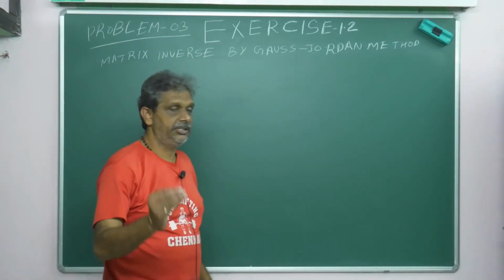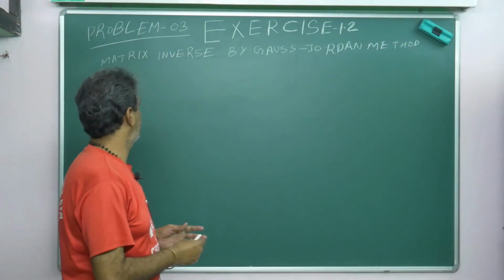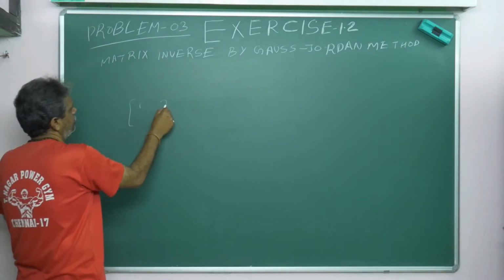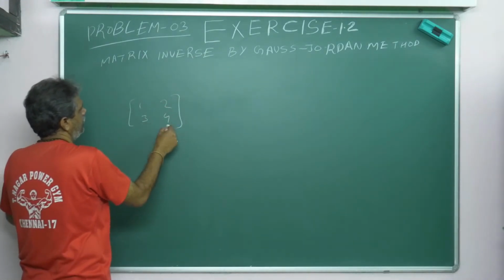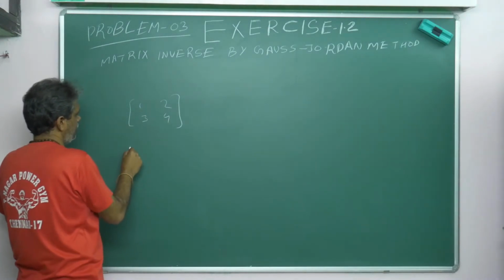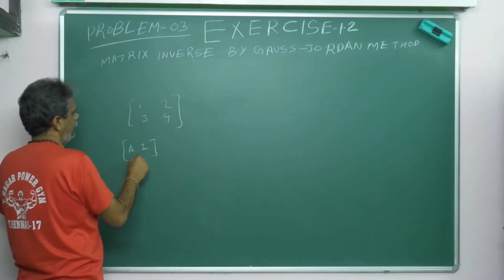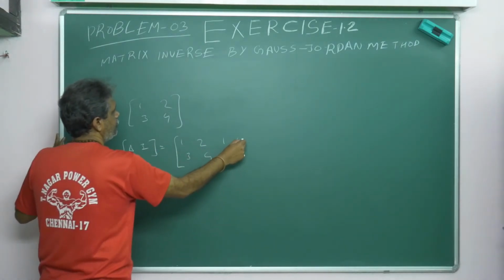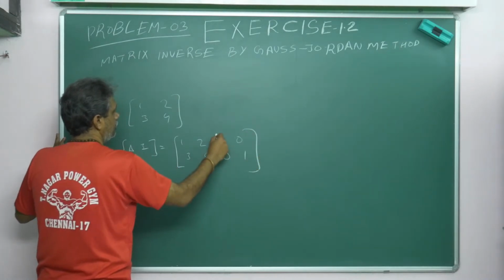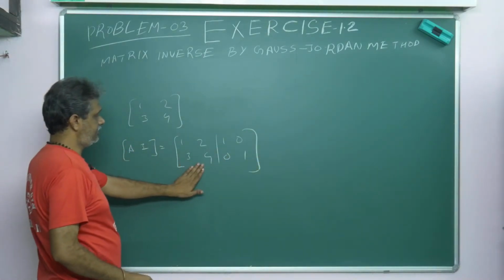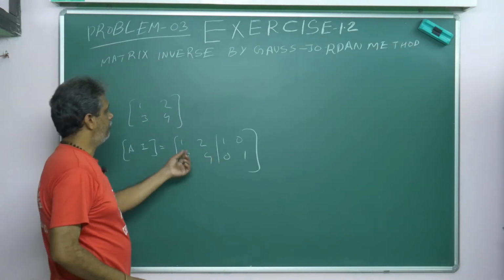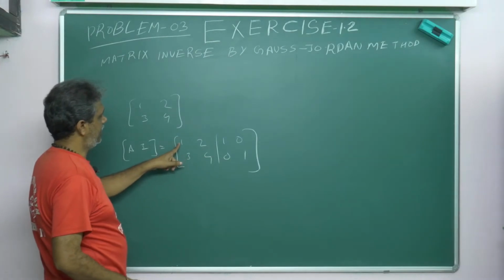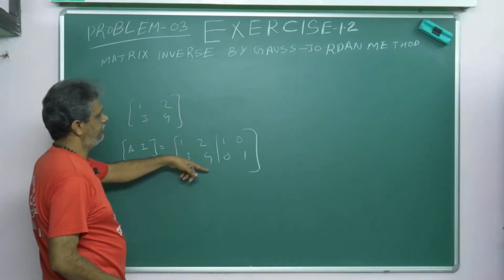Just a little bit of introduction, then I will go to the problem. They will give one matrix, any matrix, suppose 1, 2, 3, 4. They will ask how to find the inverse. Just write A comma I. For a 2 by 2 square matrix, write 1 2 3 4 and then 1 0 0 1. Now this matrix, you can write as an identity matrix. What changes are you doing? Keep the diagonal numbers as 1 and make the remaining places 0.